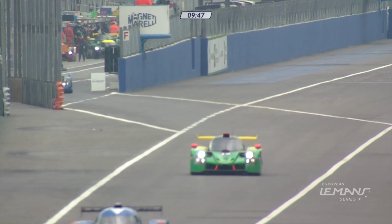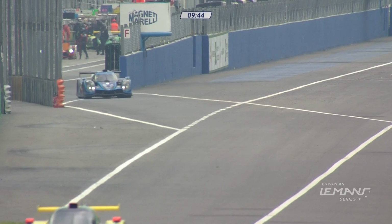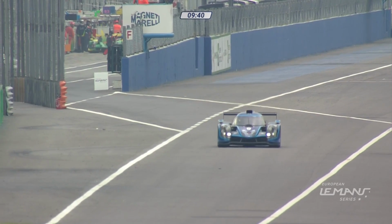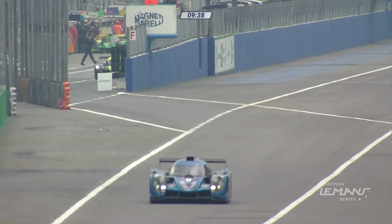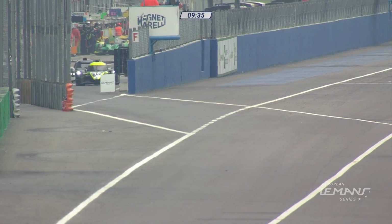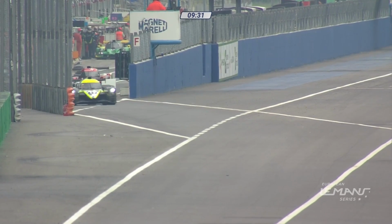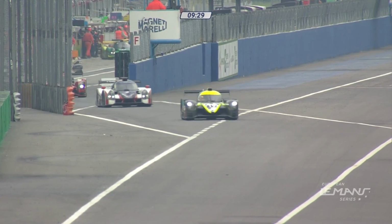That's the 360 racing machine of Ross Kaiser. Yep, one of 2 this year, of course, for 360 racing. They double up to a 2-car team. Yep. Terence Woodward initially shown on the screen, but Ross for qualifying duty, sharing with Terence Woodward and James Dayson this season. So of the cars currently out,